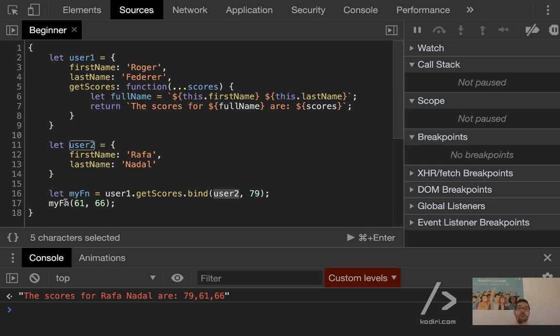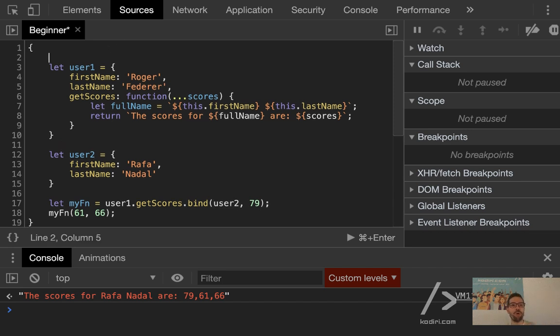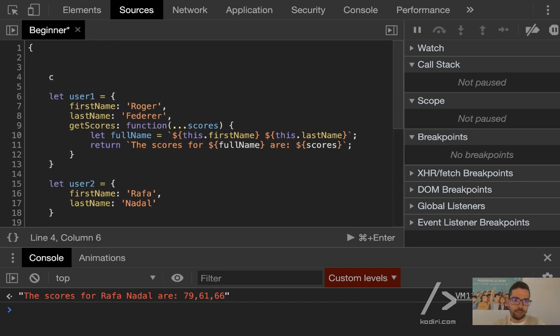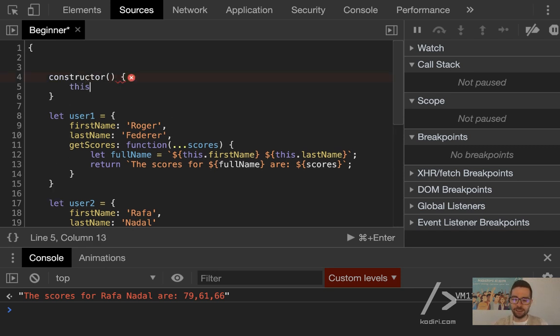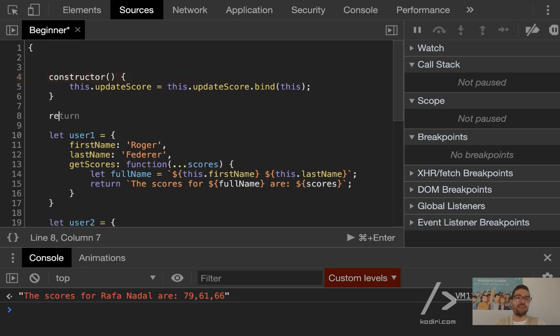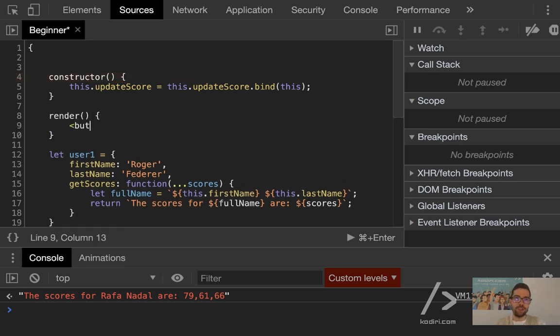Yeah. So why, when we create a React component, some of you do constructor, you remember that, right? And then this.updateScore equals this.updateScore.bind(this). You remember that, right? I told you many times I'm not a big fan of that pattern. You did that because then on the render you got a button and the button has onClick equals this.updateScore. Why? Because